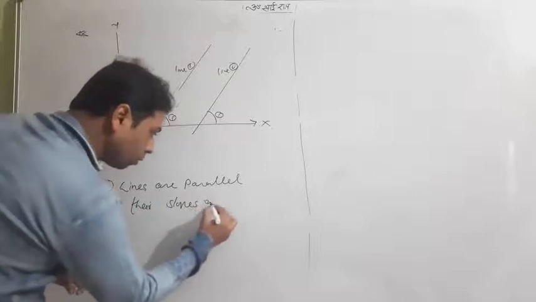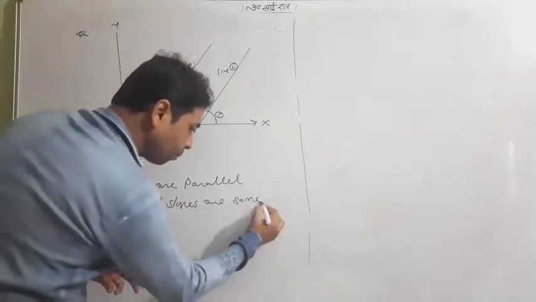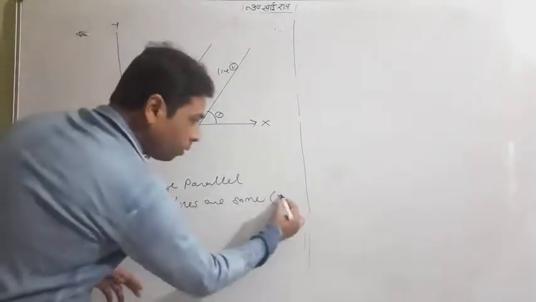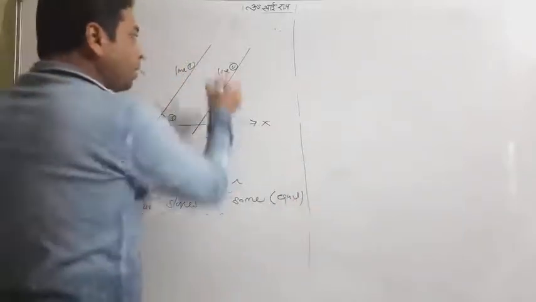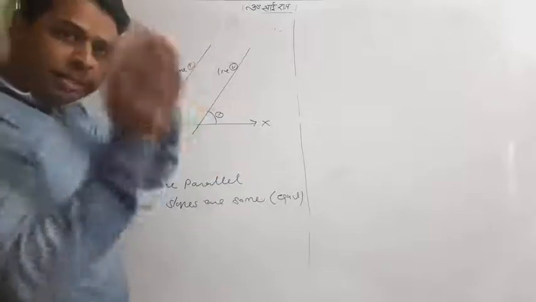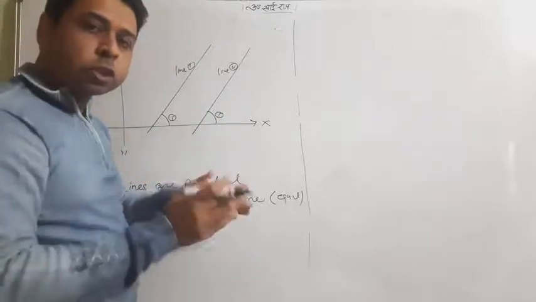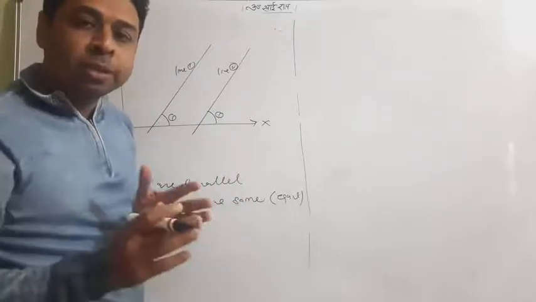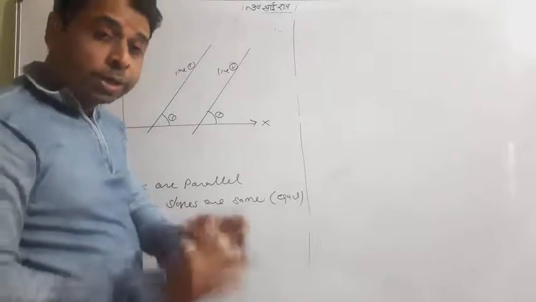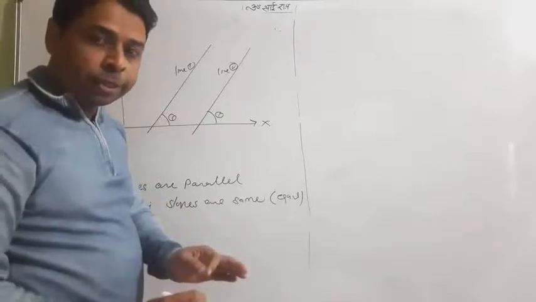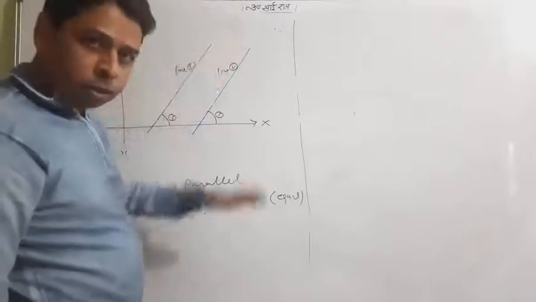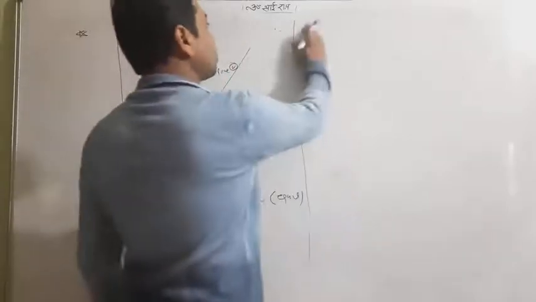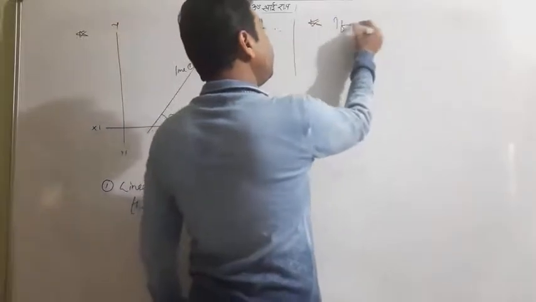Slopes are same, equal. So please remember that lots of lines can be drawn if lines are parallel. Their slopes are always equal. Very interesting thing that we have obtained here. So please don't forget: if lines are parallel, their slopes are equal.